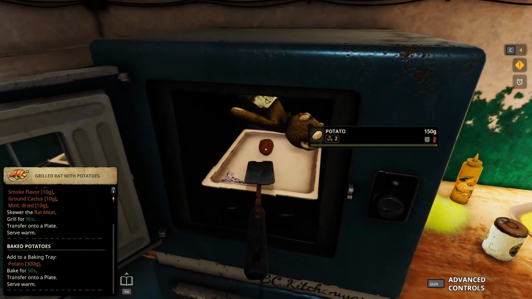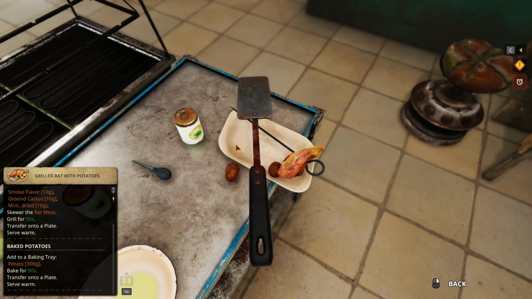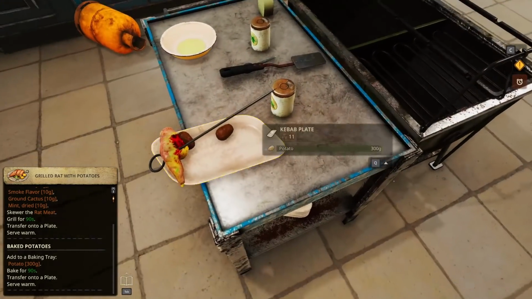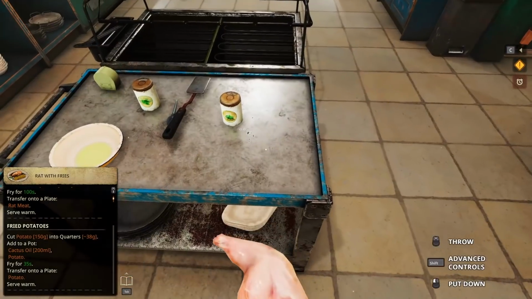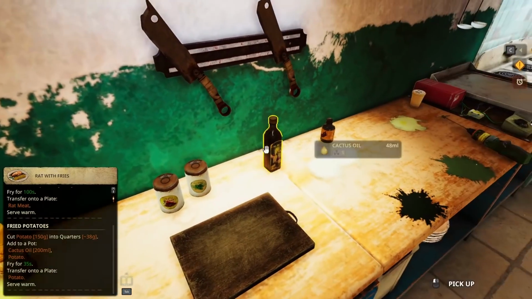And we'll grab the other, I said we're grabbing the other potato and placing that politely on the countertop. How's that for a presentation? I give that a solid 19 out of 20. And if that wasn't enough, the game wants you to make rat with fries. So we'll throw that pot on the counter, grab some cactus oil,